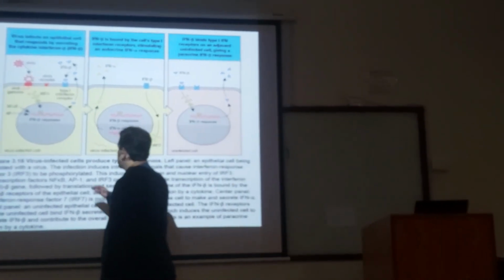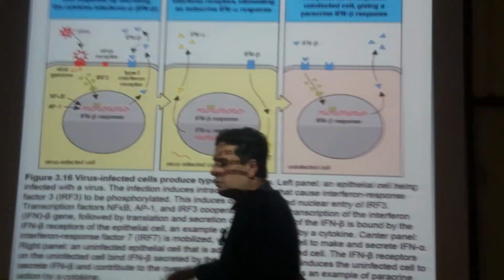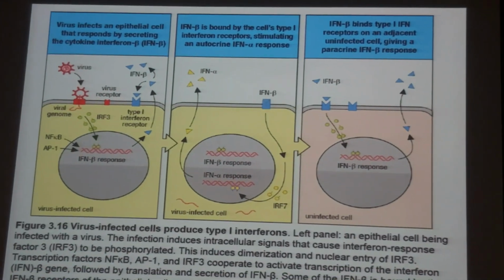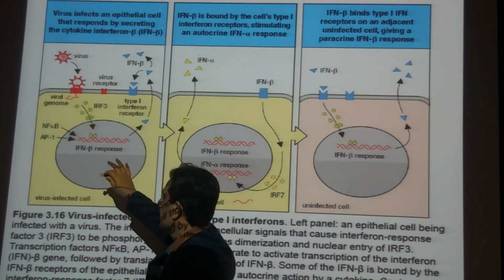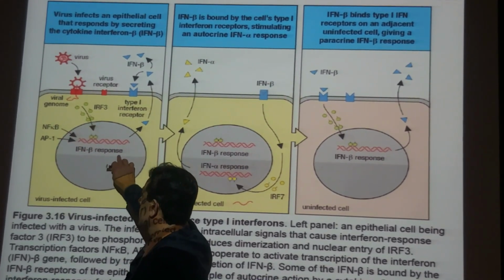Interferon response factor 3 is in green here, okay? So these events lead to dimerization of IRF3, as you saw in the previous slide, and this IRF3 is going to enter the nucleus of this particular cell and start the transcription of the interferon